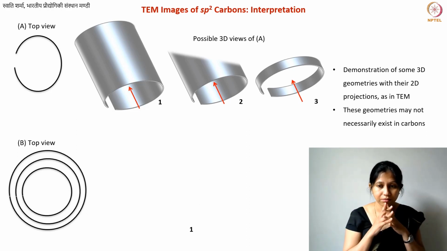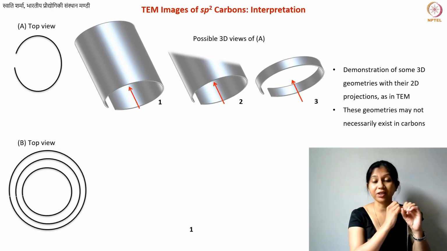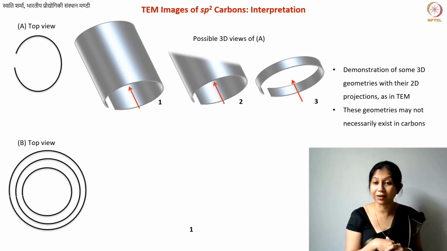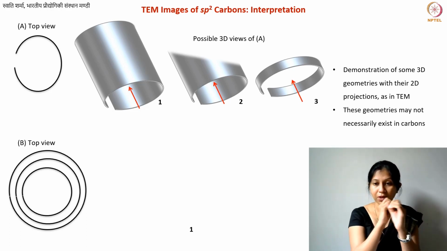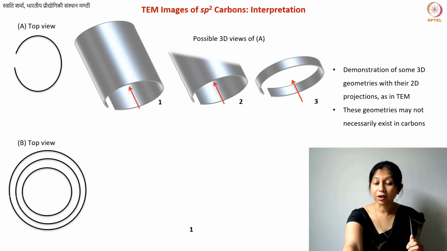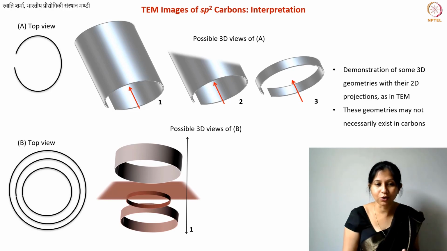Okay. What else? So a couple of these little structures I have made just for your understanding. What do you think of this? These can be 3 concentric tubes. Why not? Multi-walled carbon nanotubes. Again, I'm seeing just this view. Very well, it can be multi-walled carbon nanotubes, but it can also have some very funny structures. So I have shown this.